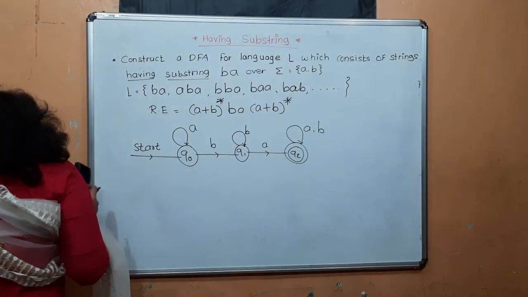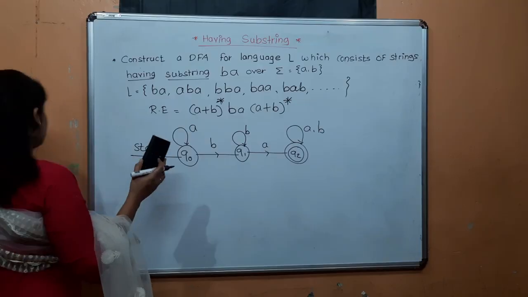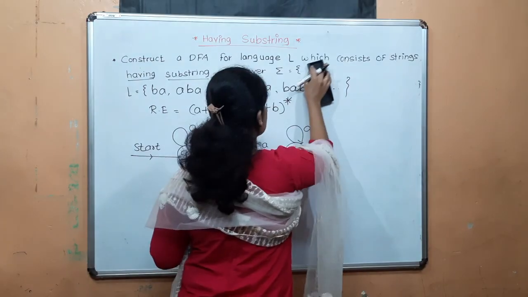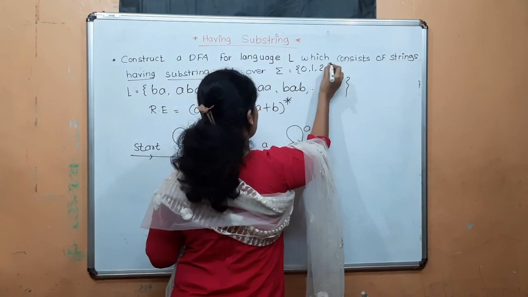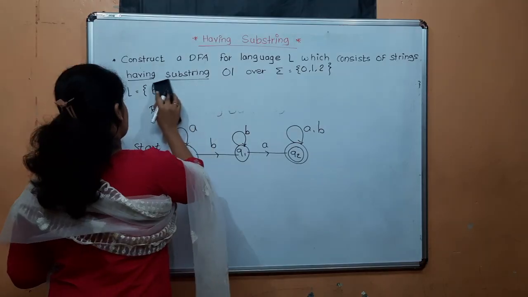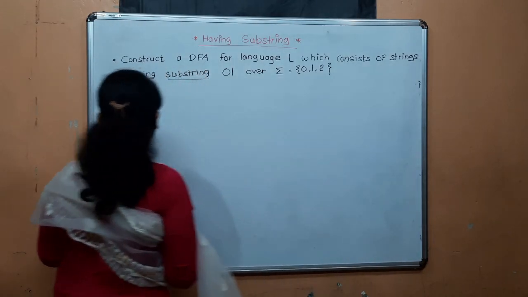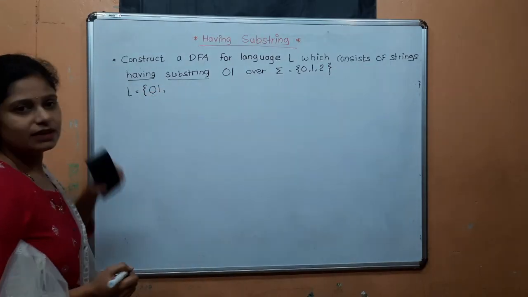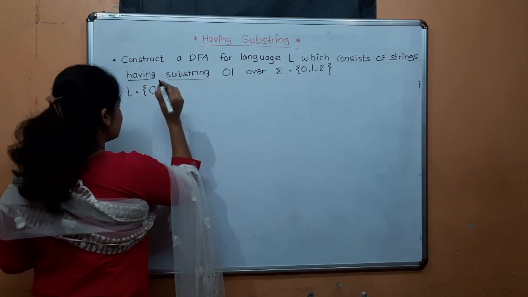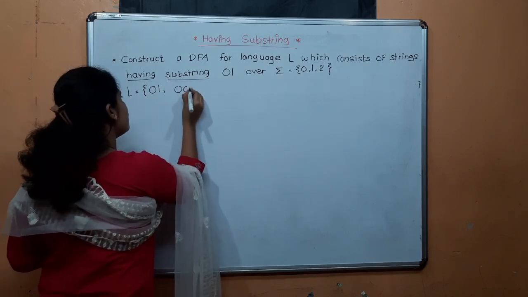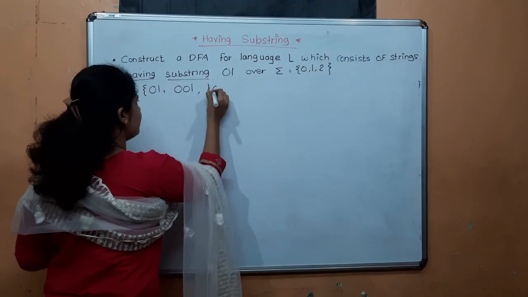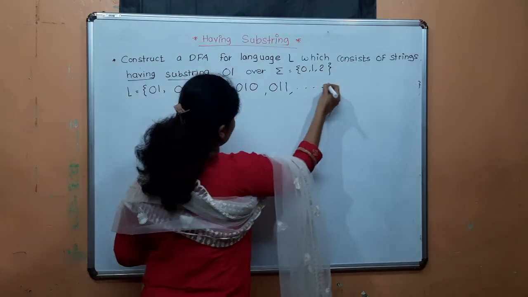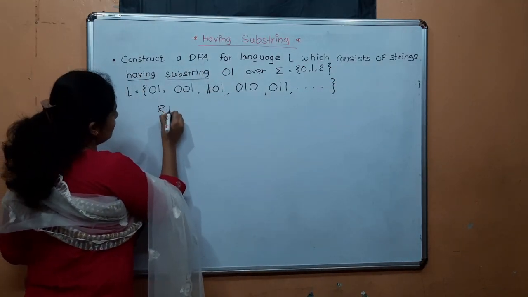Next example is having substring 01 over the alphabet {0, 1, 2}. Okay, now write down the language here. Having substring 01, the smallest possible string will be 01. After that, the string can start with either 0 or 1, it can end with either 0 or 1, and so on. Then the regular expression will be